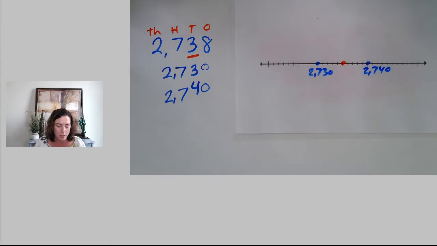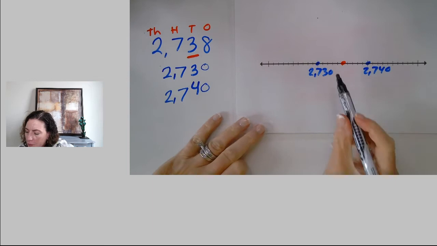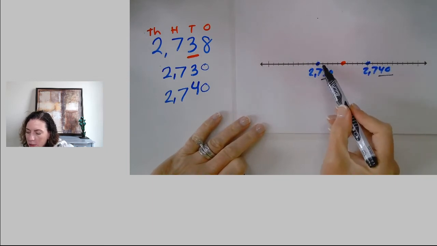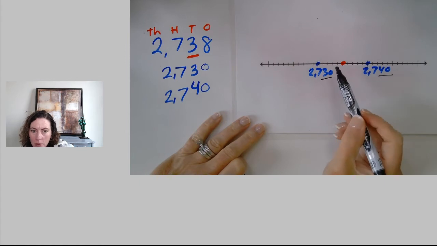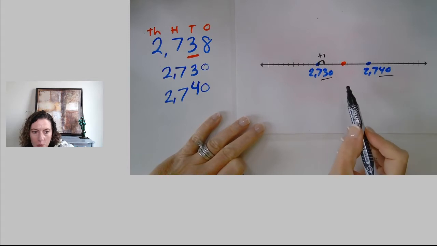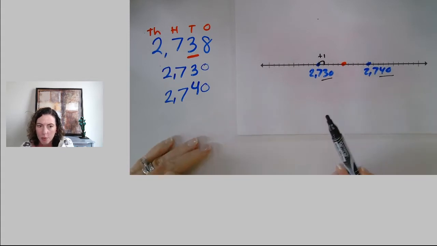Okay, and then we're going to write our midpoint here. Now, did you figure out what these skip by? Between here and here is 10, right? 30 and 40. So if there's 10 marks, we would skip by 1. That's right. So this would be plus 1 or skipping by 1. So let's see what this center point is. Let's skip